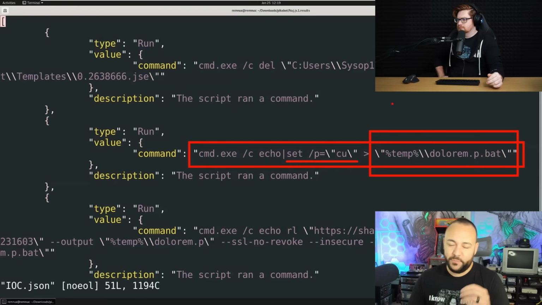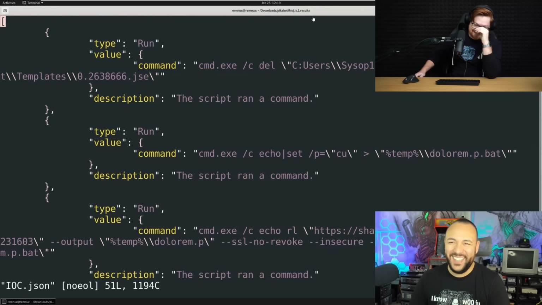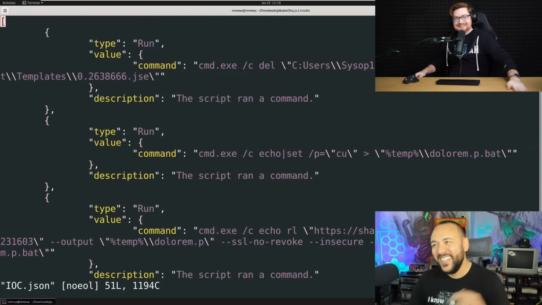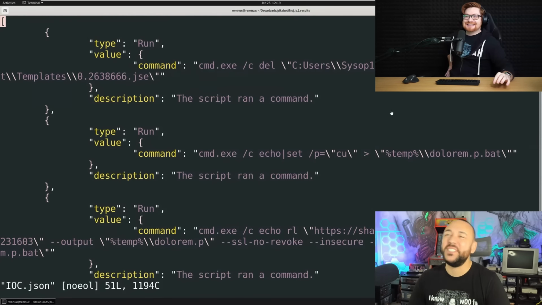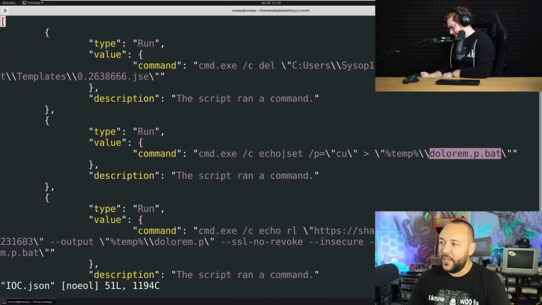I'm going to pronounce it probably incorrectly, but dolorum.p.bat. I had to Google that, and I chuckled a bit. It is Latin for grief, pain, misery, and suffering. How apt. I was wondering, did they use that on purpose? Yes, they absolutely used that on purpose. So it's creating a bat file, and actually the only thing in there right now is just cu. That's it.